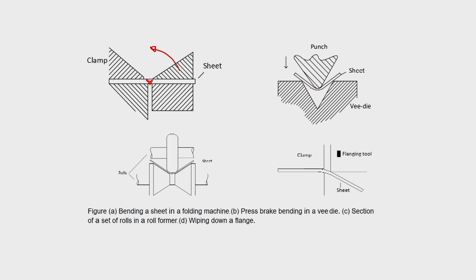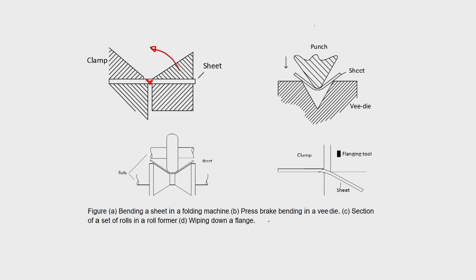Another easy method is a press brake for bending in a V die. So, this is a V die. If you want 60 degrees, you can make 60 degrees, if you want 90 degrees, you can make 90 degrees here. You keep the sheet in this V die, and then using a punch you press it, so that finally it will come like this, whatever shape you want. You get the sheet bent. Using a V die and a punch arrangement, this is a very fast process.